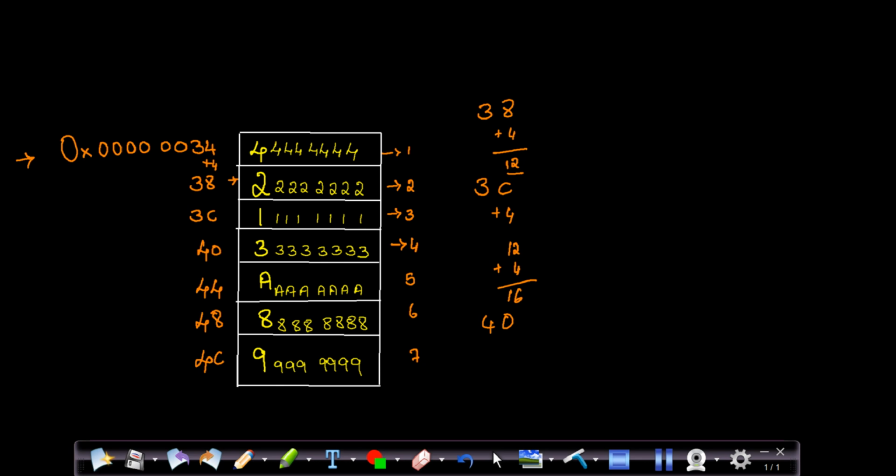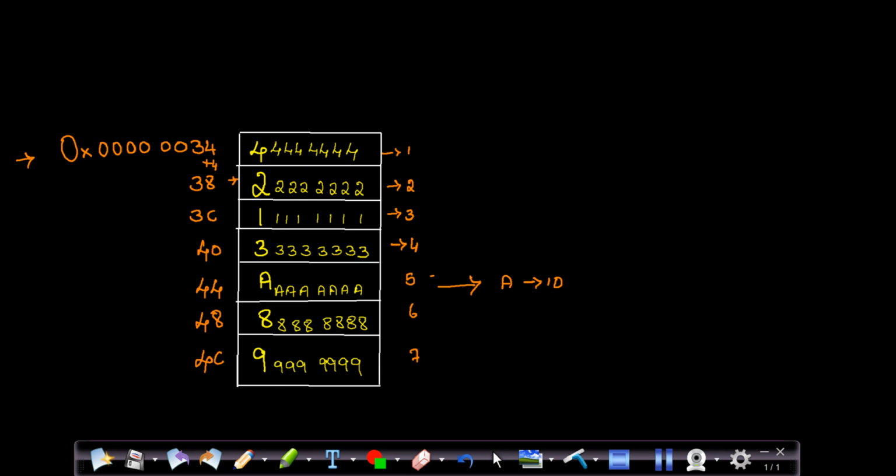Now, having said this, our primary goal in this particular program is to find the largest of the given numbers. As you can see here, which is my largest number? Observing this, I have my largest number as A here. So A is my largest number, which is nothing but your 10. Number 10 is your largest. So this is 4, 2, 1, 3. This is 10, 8 and 9.